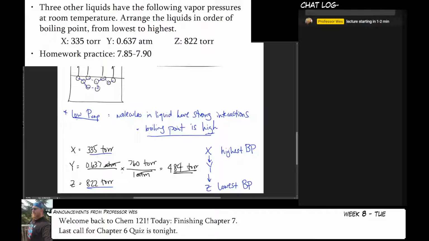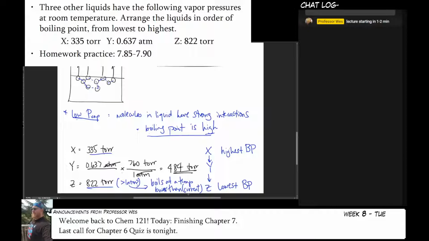Now you might look at this and say, wait a second, this is more than 1 atmosphere. What does that mean? Well, vapor pressure keeps going up if you go past the boiling point. And so if you have a number that's greater than 1 atmosphere, then what we conclude is that this boils at a temperature lower than current. So whatever the current temperature is that you measured this vapor pressure at, its boiling point is lower than that